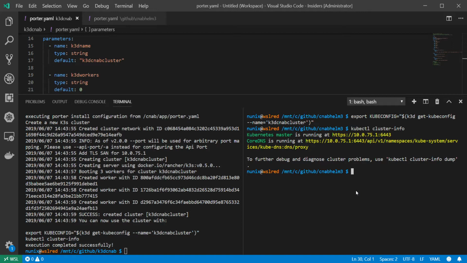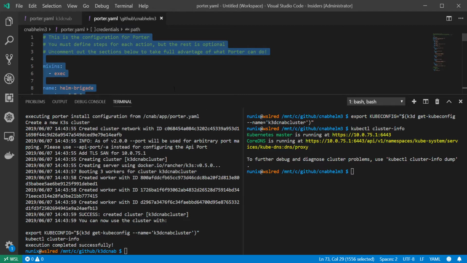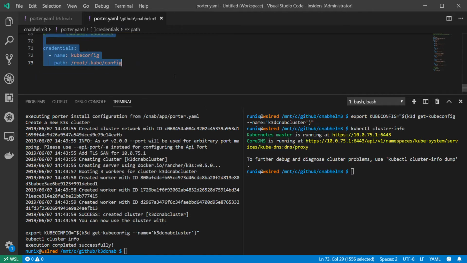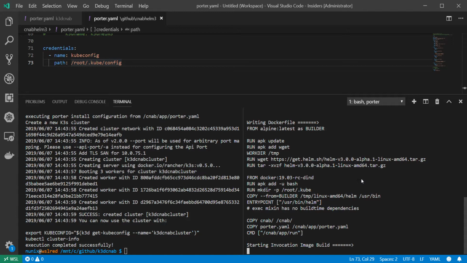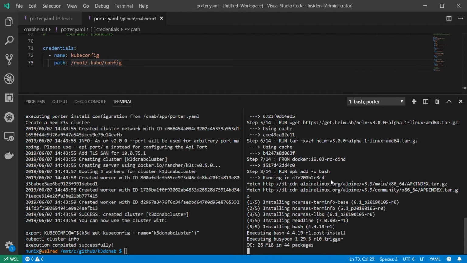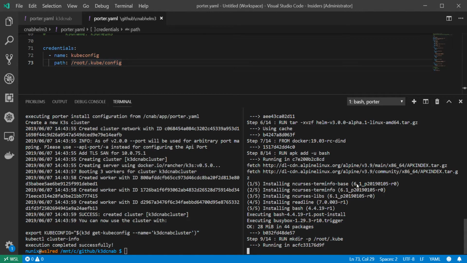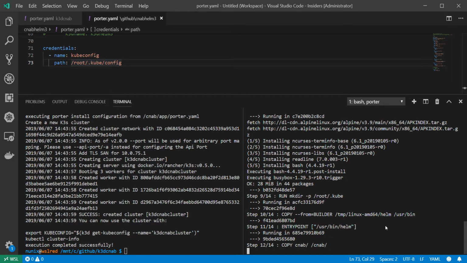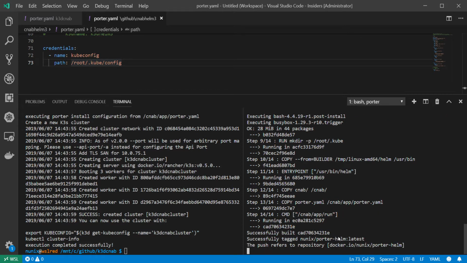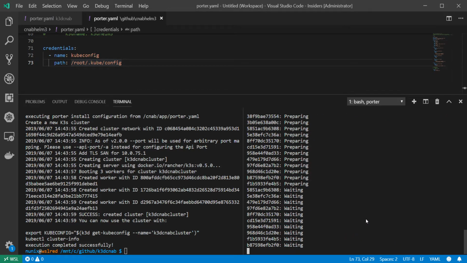So this is the CNAB Helm3 bundle that I created, which is here. And the showcase that I'm doing here is more about the credentials. So first, I will do the Porter build. As you can see, I'm using the Docker in Docker container. It allows me to connect to my local Docker install. It's a bit bigger, so it's just creating it. And once it's created and everything's pushed,